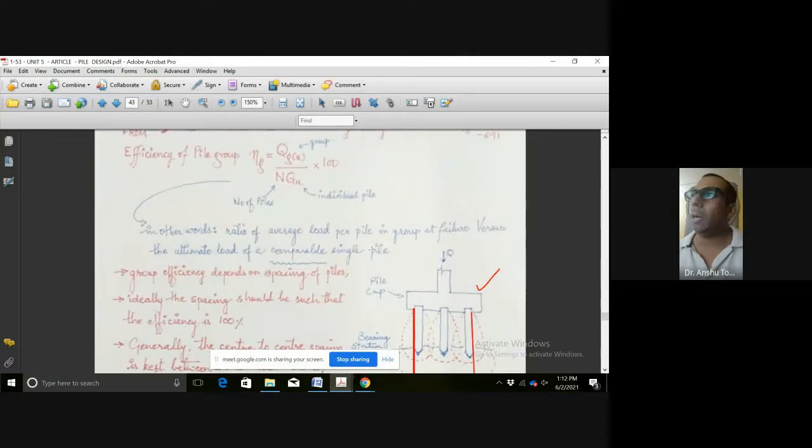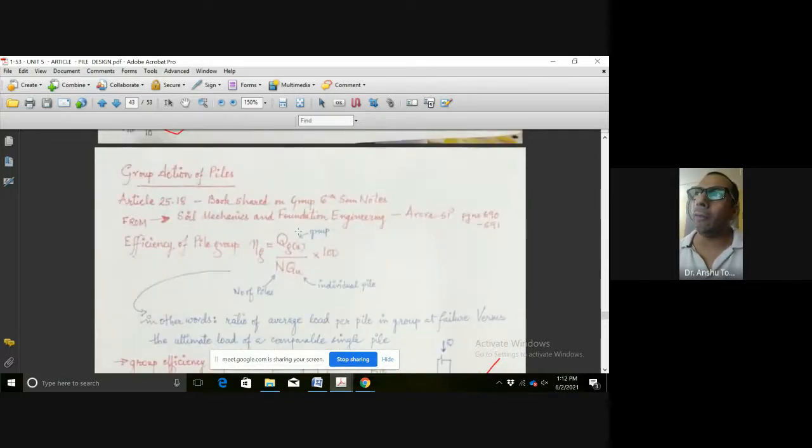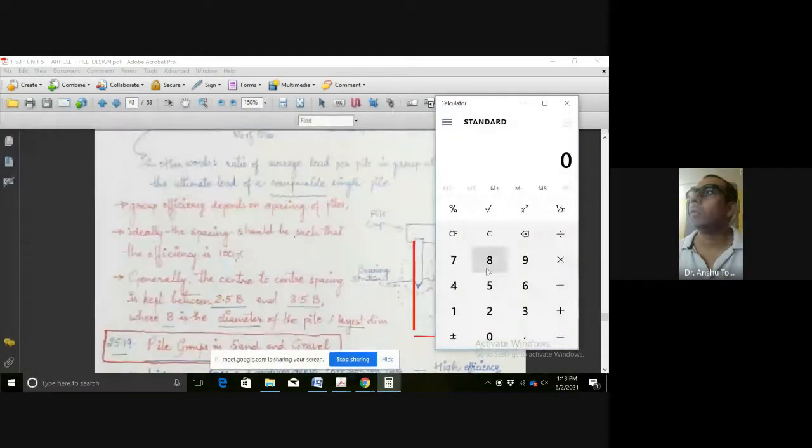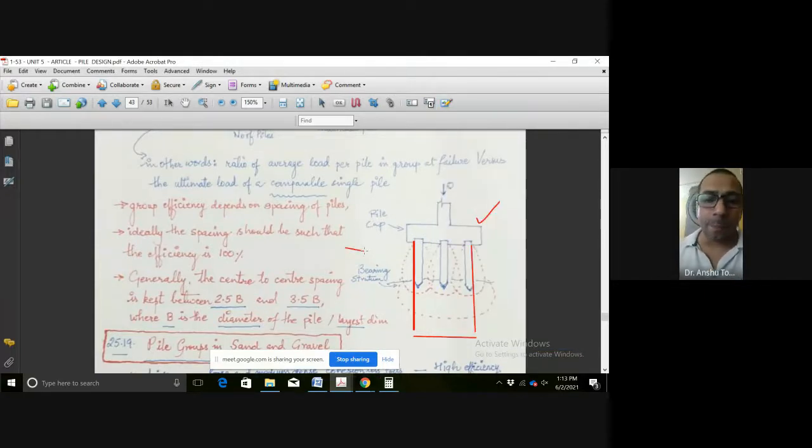Now one more thing is there. आपके पास जो ग्रुप का वैल्यू आ रही है, आपने लोड कैरिंग कैपेसिटी ऑफ द पाइल ग्रुप QG निकाल लिया. अब QG जो वैल्यू आपके पास आई है, अगर उसको आप 9 से डिवाइड करते हो, that way also you can do. लेटर से आपको 3600 QG आ रहा है. सो आप उसको अगर 9 से डिवाइड करते हो, you are getting 400 as the capacity of the individual pile from the group criteria.